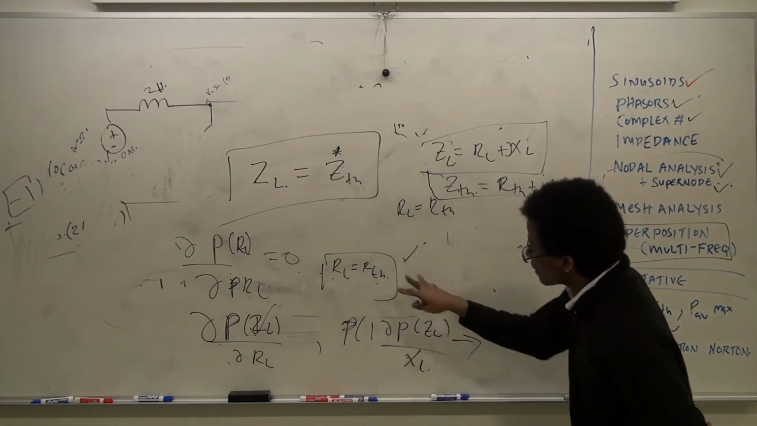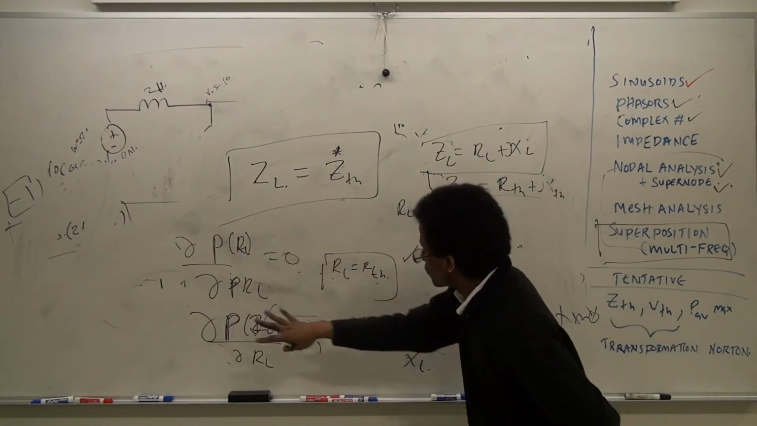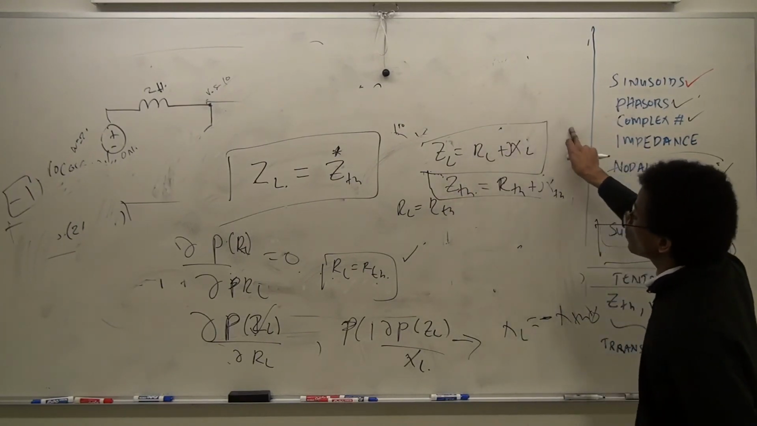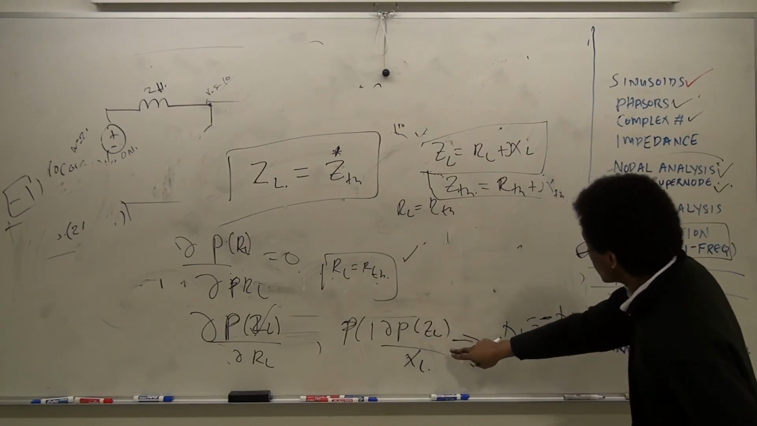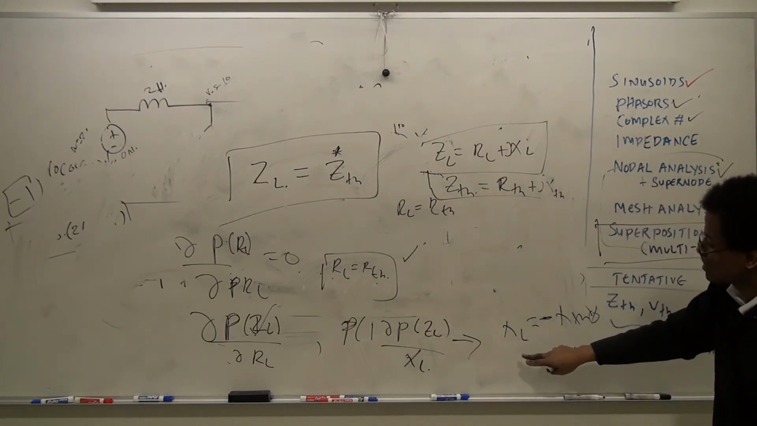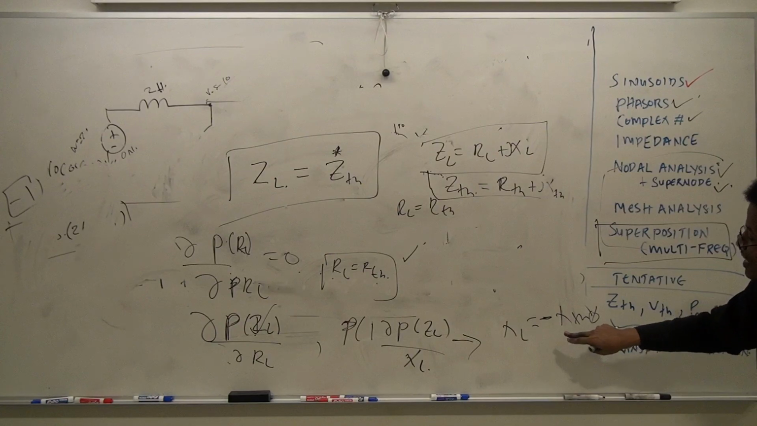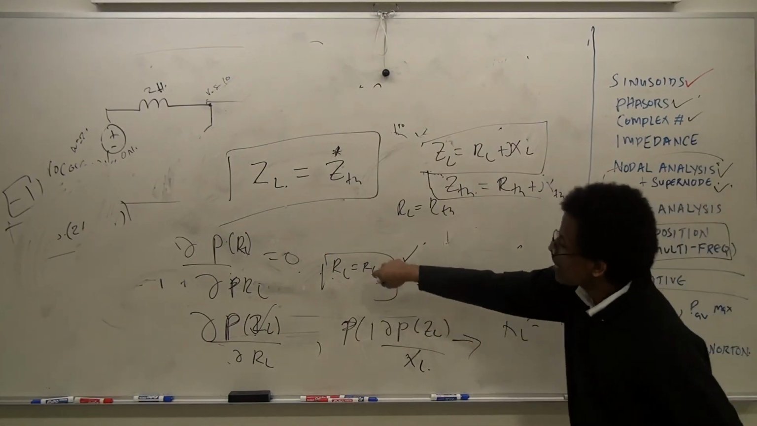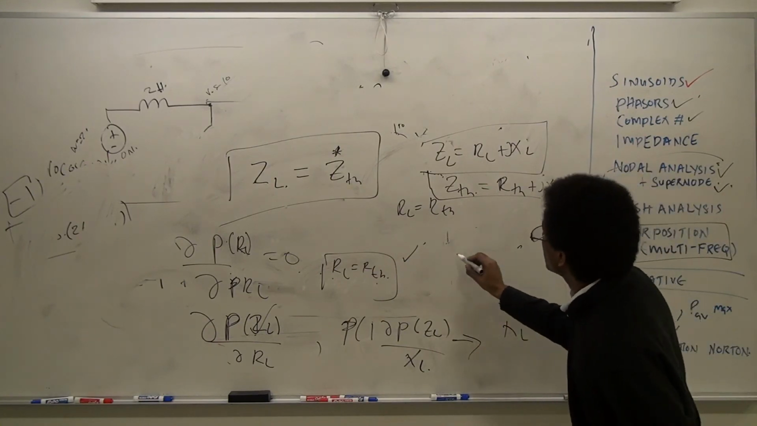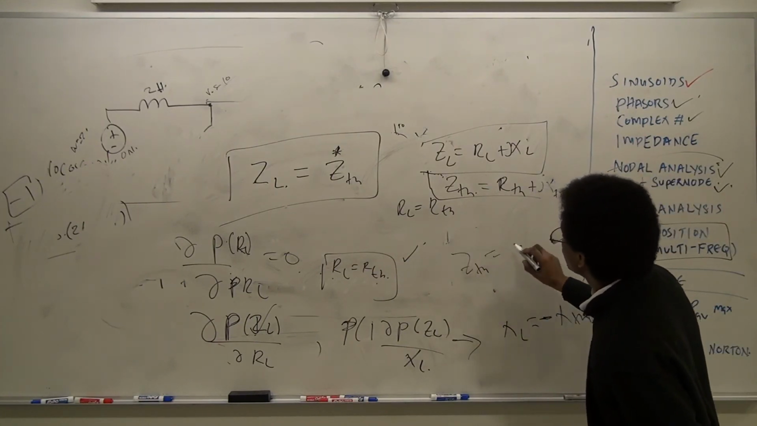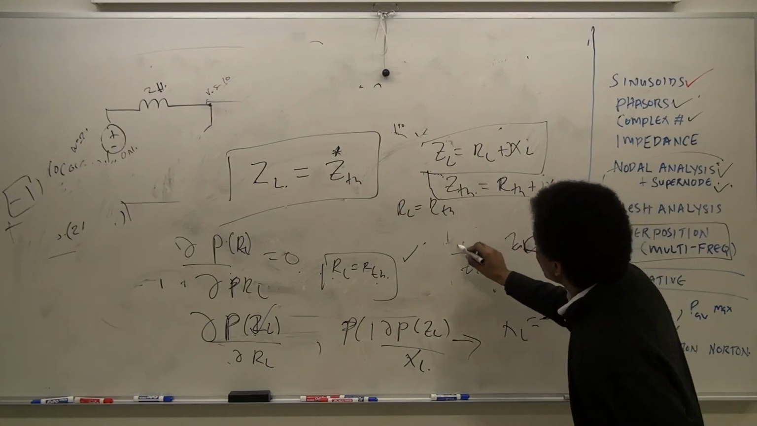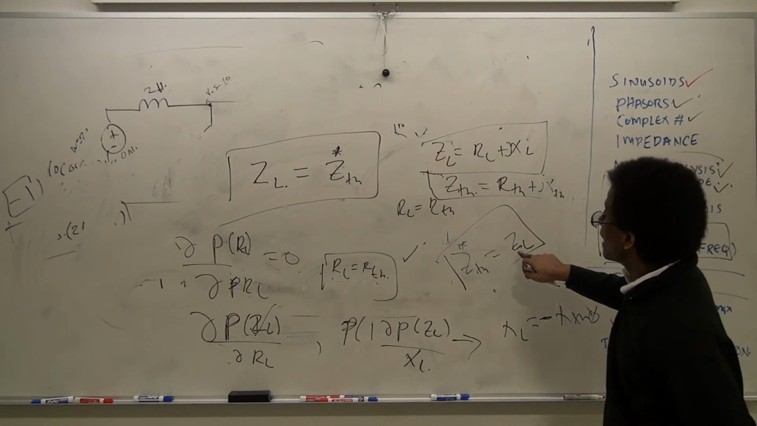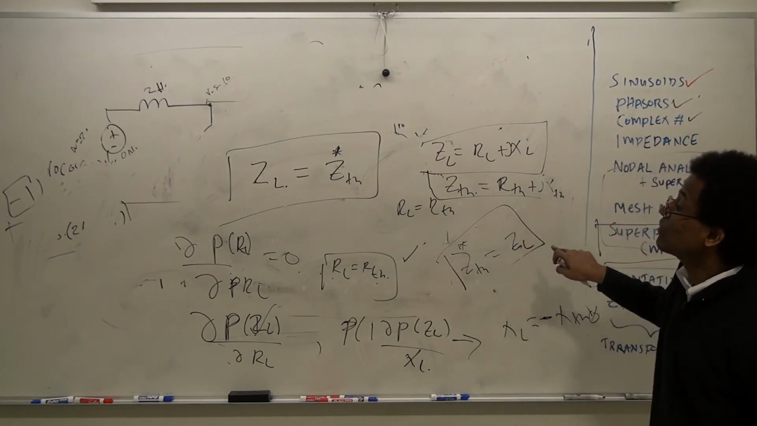parts. And we could find out, out of rigorous mathematics, that the real load has to equal the Thevenin resistance, and the imaginary part, the load reactance, is equal to the negative of the Thevenin reactance. That's what you get. Another way of summarizing this is to say Z load is the conjugate of Z Thevenin, so if you take the conjugate of the Thevenin impedance, you will get a load impedance that maximizes